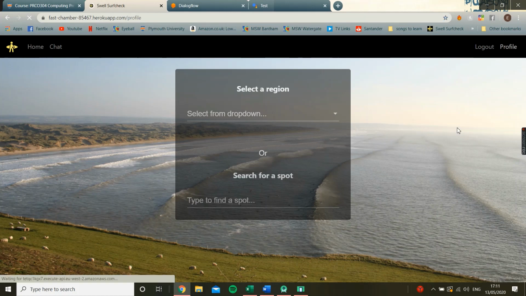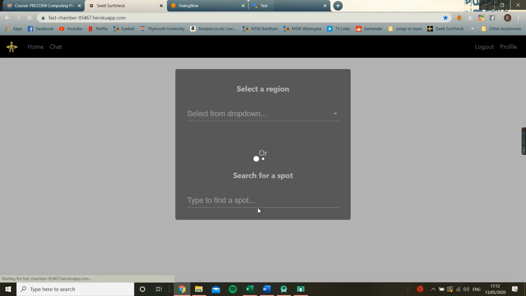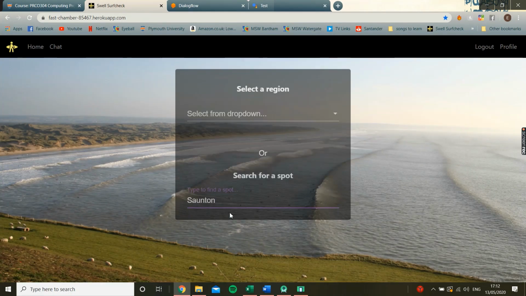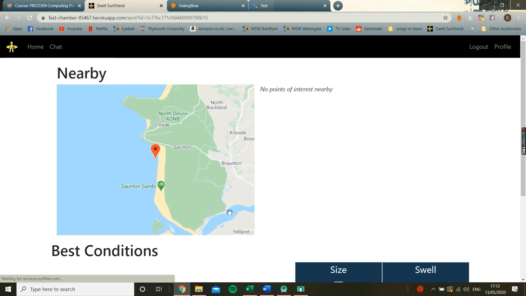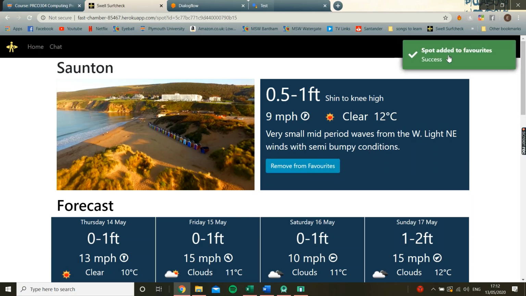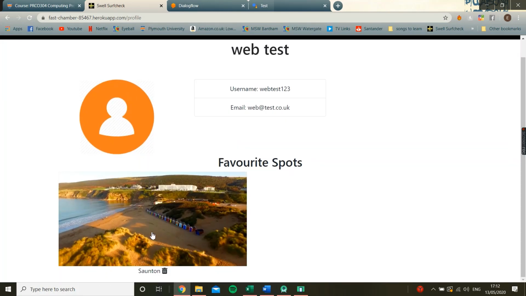So we can go to the profile page, view the user's information. Right now we don't have any favourite spot. Now navigate to a spot. We'll be able to add it to our favourite spots section of the profile page so that we can access it easily if we know exactly which spot we want to go for. We can do that by pressing the Add to Favourites button on the spot page. We can then go to our profile